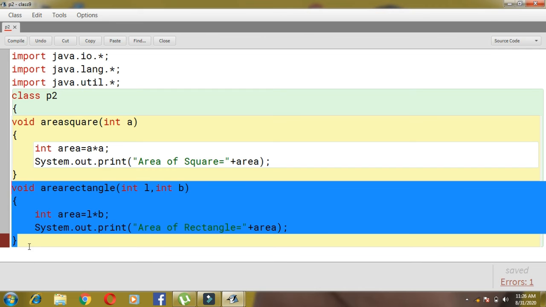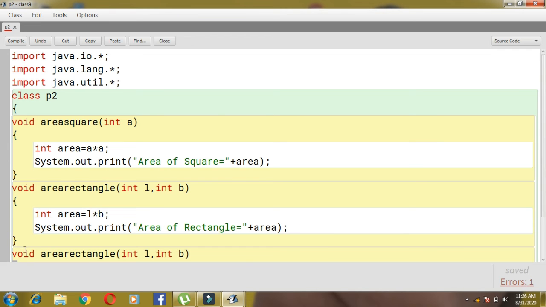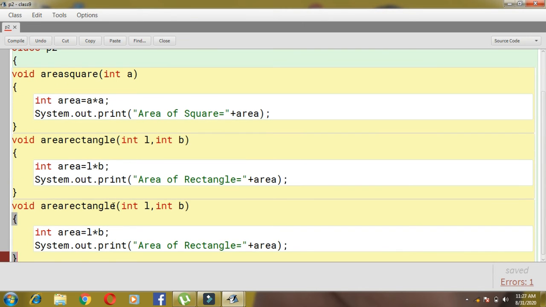Now the same thing we have to copy again. Control C for copy, Control V for paste, and this one I will change area of rectangle to area of circle. Okay, now see children, in circle we have pi r square, and the value of pi is 3.14 or 22/7, that is constant, fixed. So we need to ask r, but we cannot write int r. If I write here int r, the program will be wrong, because one variable integer type, here also one variable integer type, it should be different.